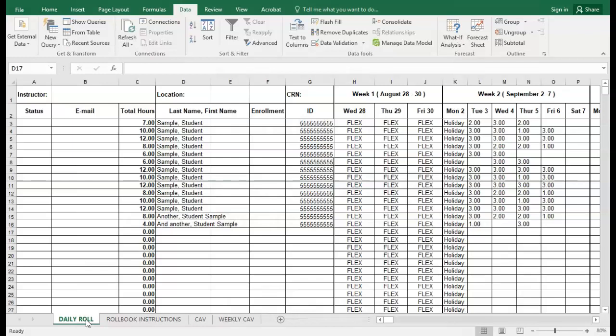And there was recently a revised version of the rollbook posted in public folders. If you started working on your rollbook before the new version was updated, we'll need to make a minor change right now. In order to know which version you're working on, you'll come to the top where you see the headers. If your header enrollment is in column E, you are using the newer version and you don't need to make any changes. But if your header enrollment is in column F, then you need to follow my instructions